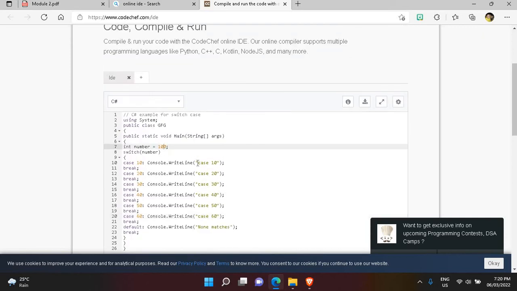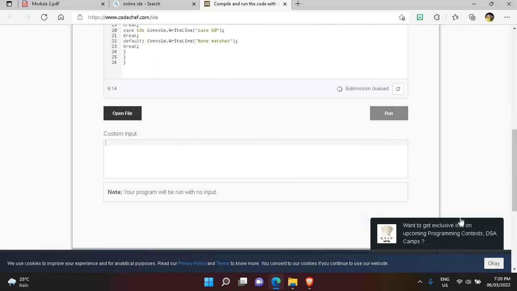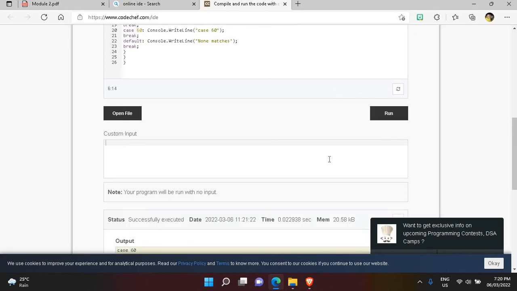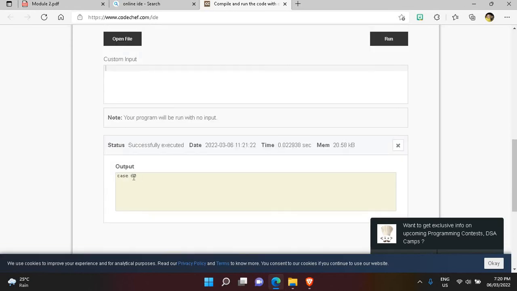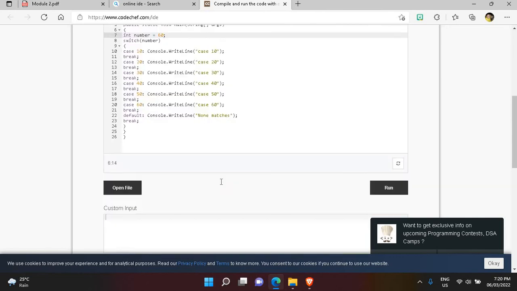Then you can change the composition of your input and output. If you put 60 here and run it, you can see 60 in the output. Okay, so